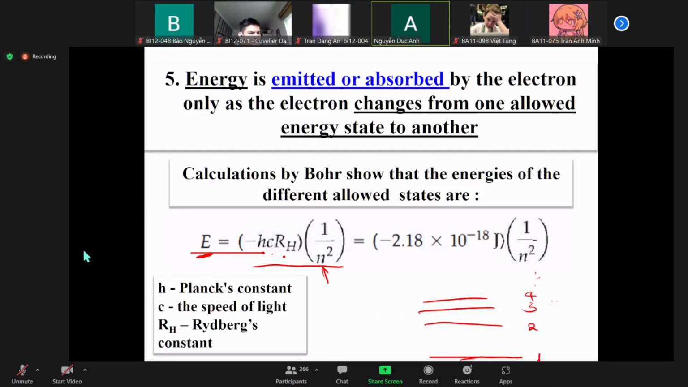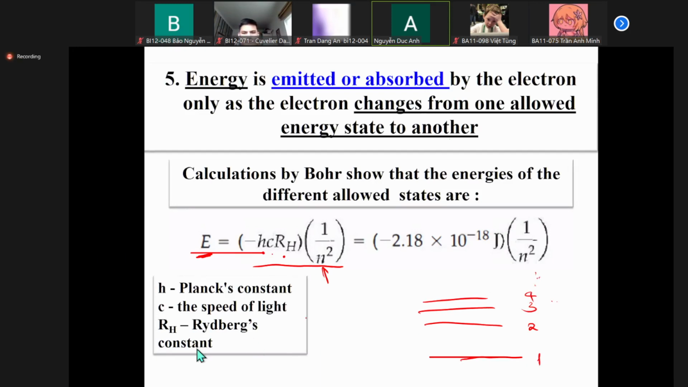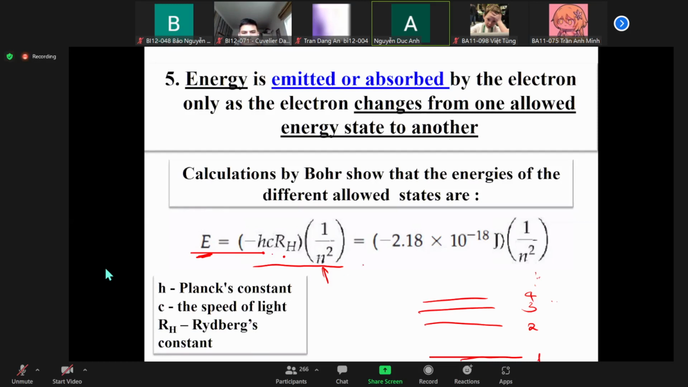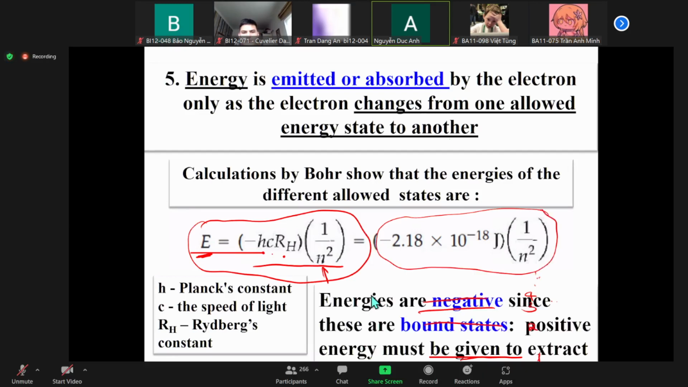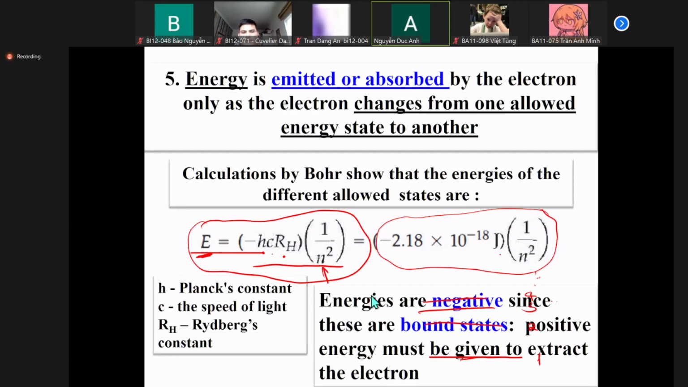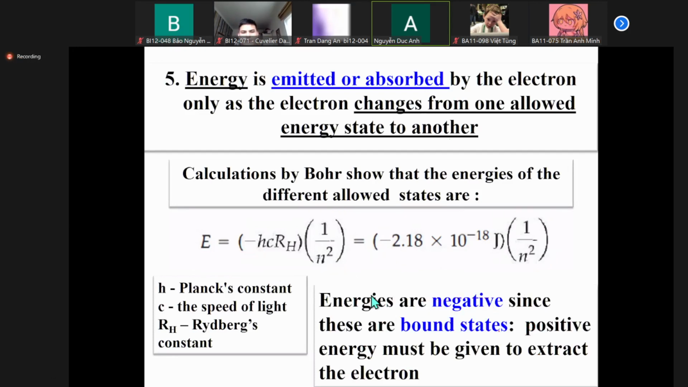So the energies of each state here will be calculated by this equation. The thing you have to note in this case is that this one has a minus sign. The reason is